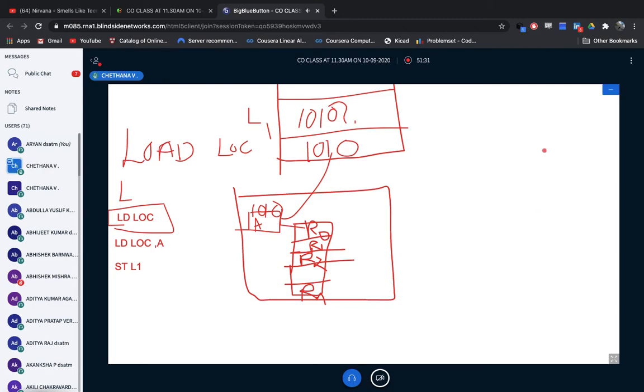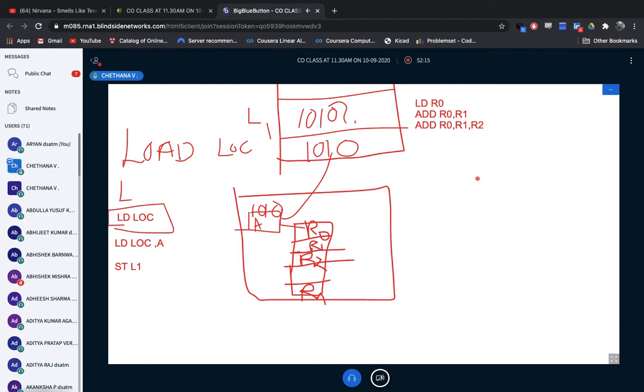Now come to a very important point. Suppose I'm going to write some instructions here, and you should tell me how many addresses each instruction has. Suppose my first instruction is LD R0. My second instruction, ADD R0, R1. Next, one more instruction, ADD R0, R1, R2, like this.